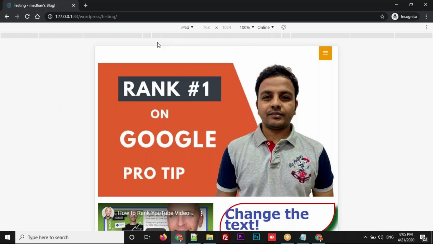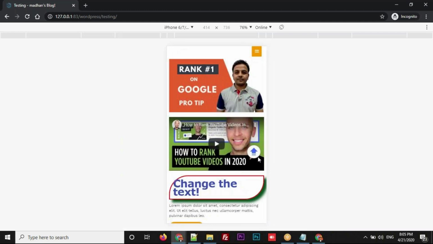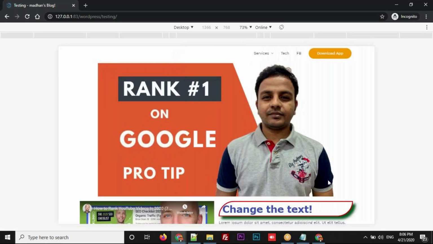So if you open it on an iPad, it looks like this. So this is a preview. I just want to show you what responsiveness is. Based on the width size, if I'm going with this phone, automatically it is going to the next row. And if you're going with the desktop, automatically it is taking another column. This is nothing but responsiveness.